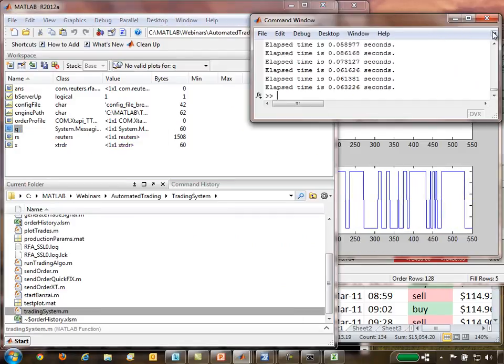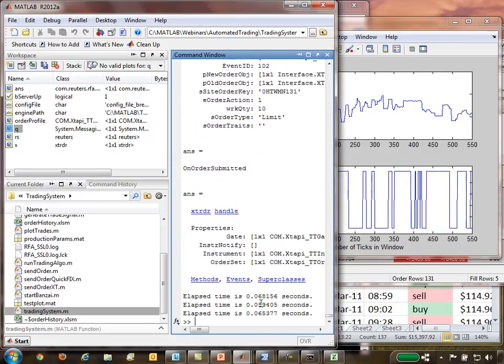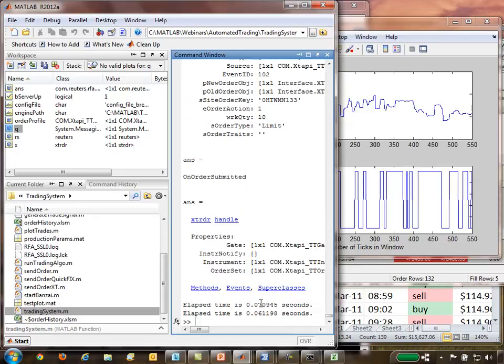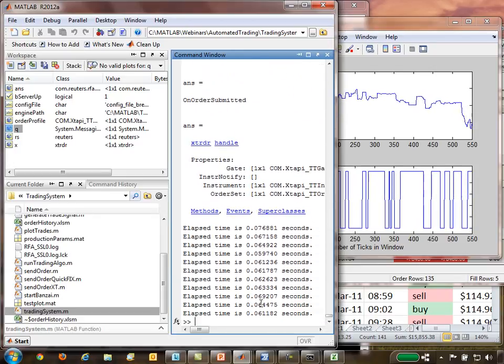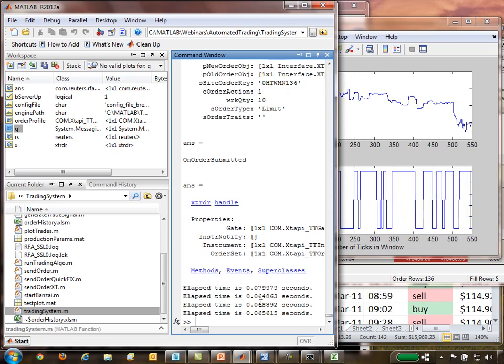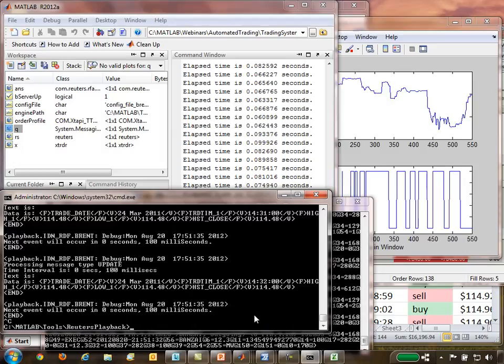So if we close that, dock this, you can see how fast the system is executing, given that it's sending signals to a variety of different things and listening to events and being triggered. Roughly 6/100ths of a second for this simple trading strategy that we're doing. So let me go ahead and stop this by going back to the trade simulator, and then we're going to